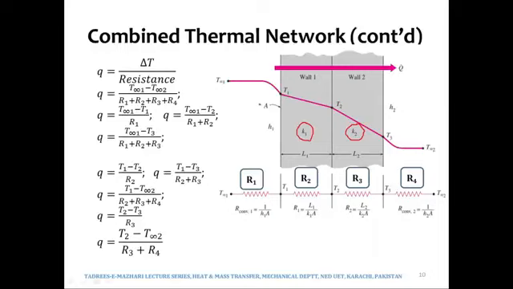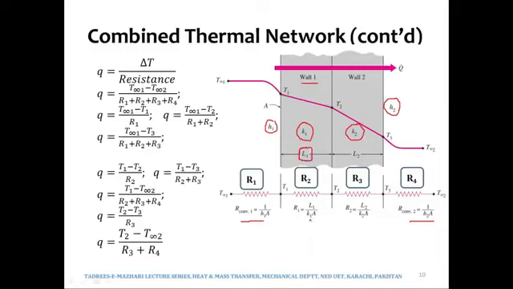And there is a fluid over here and there is a fluid on this side as well. So there would be two convective resistances due to the fluid on both sides of the wall. We can see h1 over here and we can see h2 over here. That is a clear indication that there are fluids on both sides of the wall, due to which there would be two convective resistances, 1 over hA. And due to this material 1, there would be a conductive resistance which would be L over kA, which would be L1, the thickness of this material, over k1 times A,